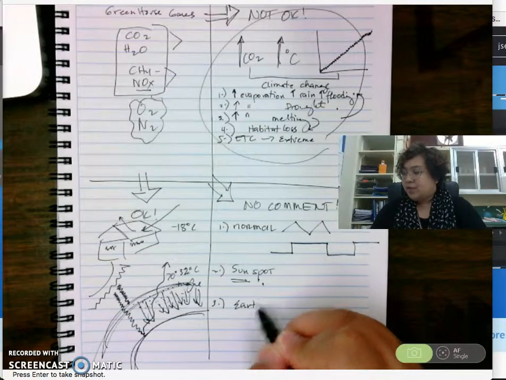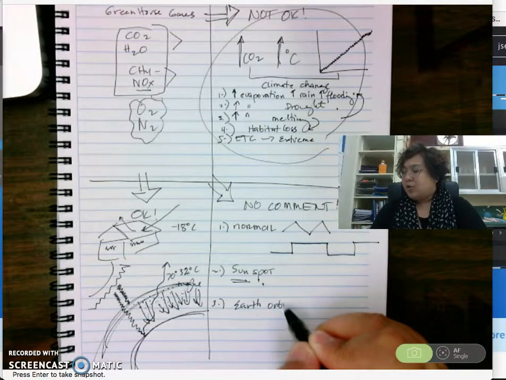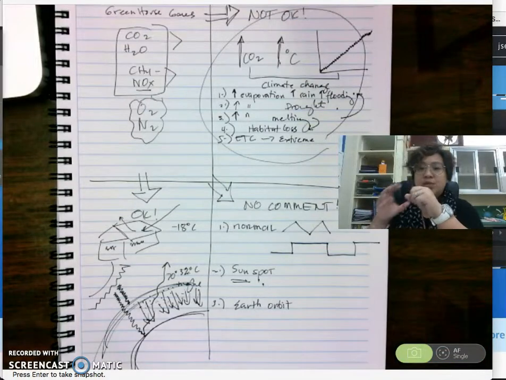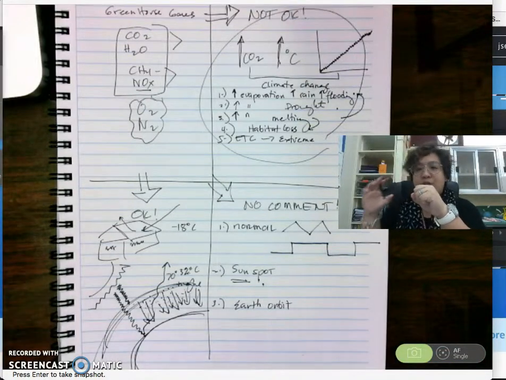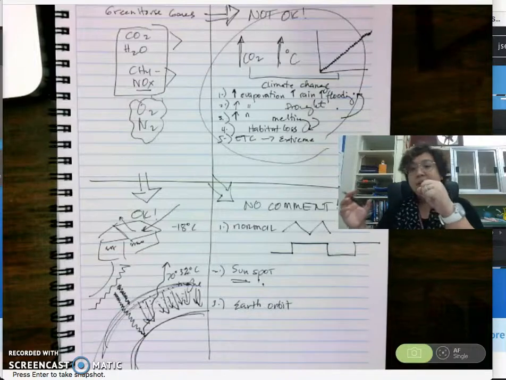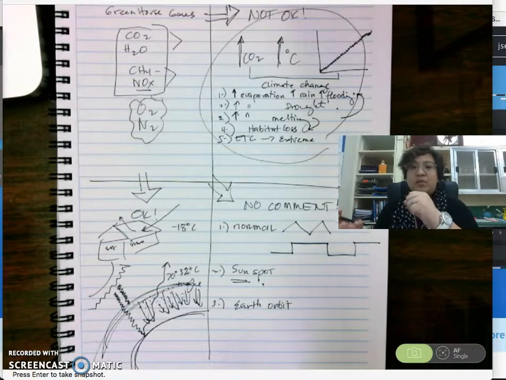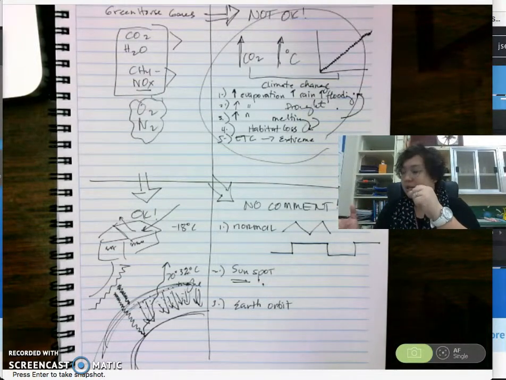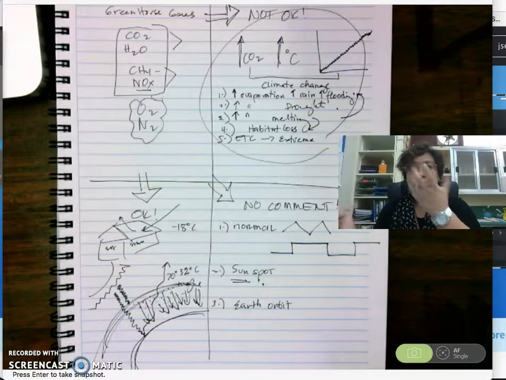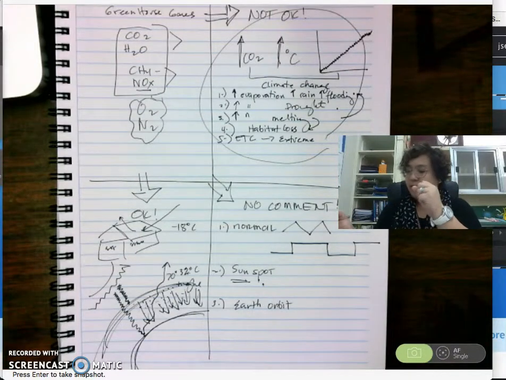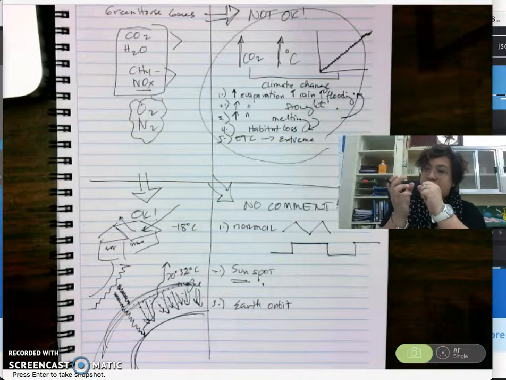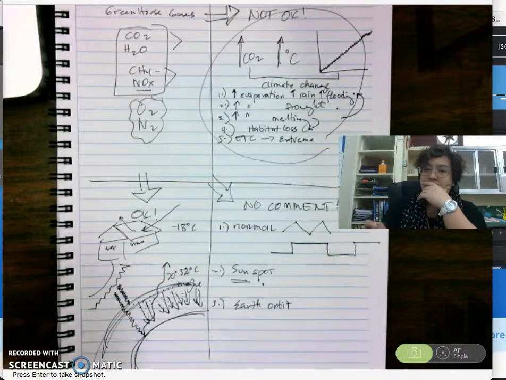Another one is if you consider the orbit of the Earth around the Sun. Of course, there will be times when the Earth is farthest away from the Sun, so we might not be able to feel the drastic effect or changes of warming of the Earth. Or when it's really close, then it might be very extreme.